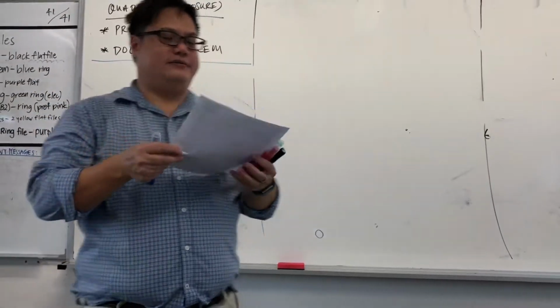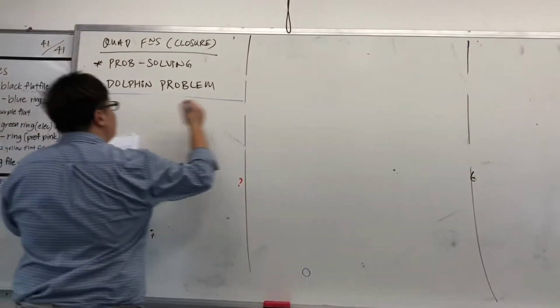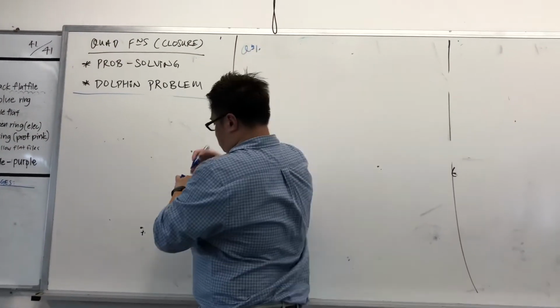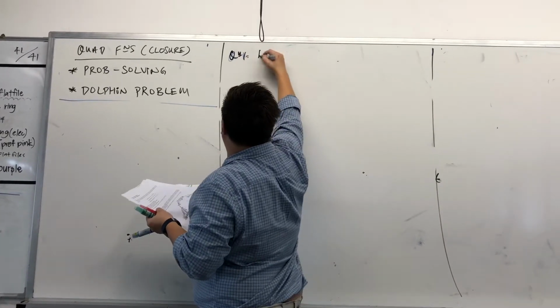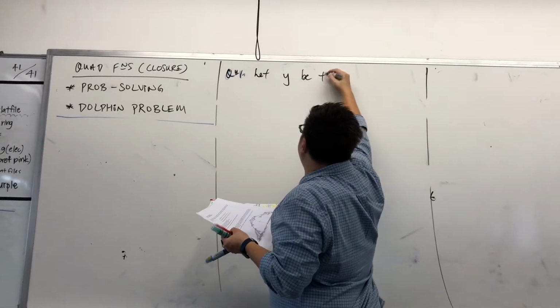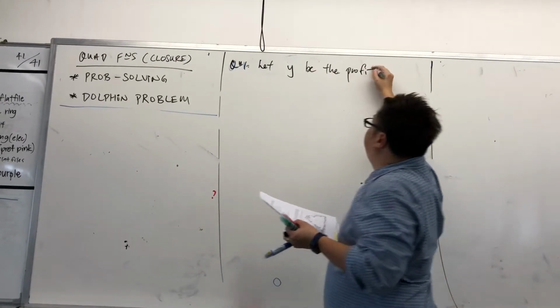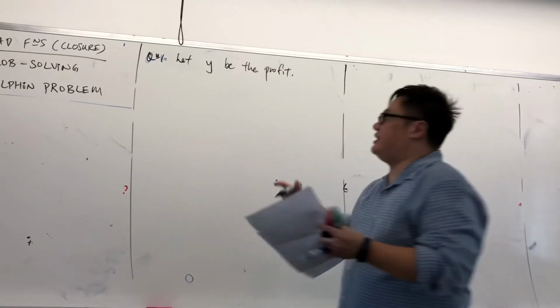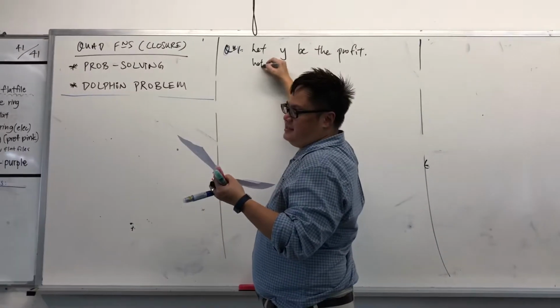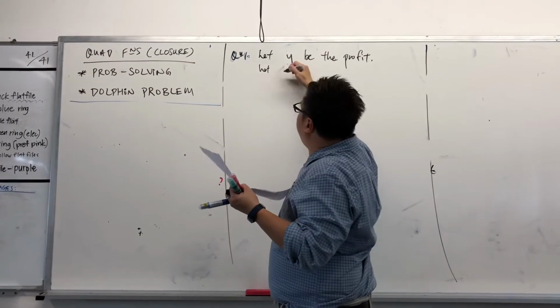For profit, can we just define our profit as Y? We will all define our profit as Y. We let Y be the profit. Okay, so what is X? Can we be very clear about what is X? Let P be the, sorry, P is the,